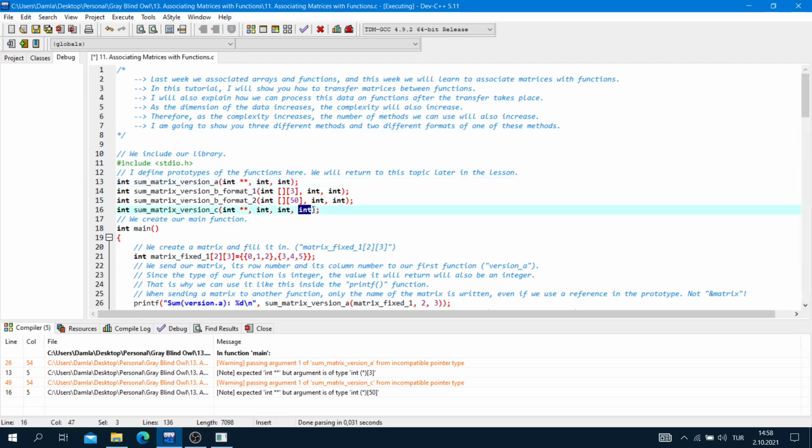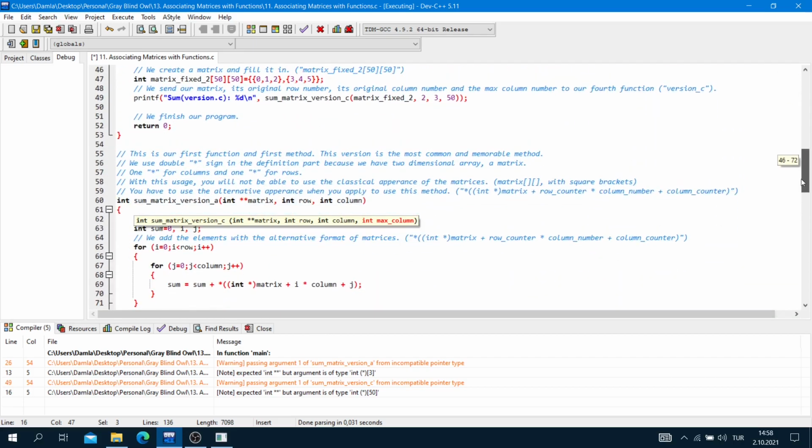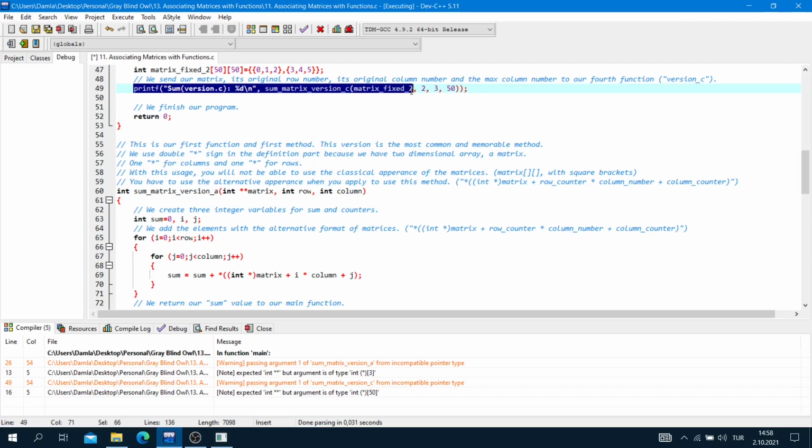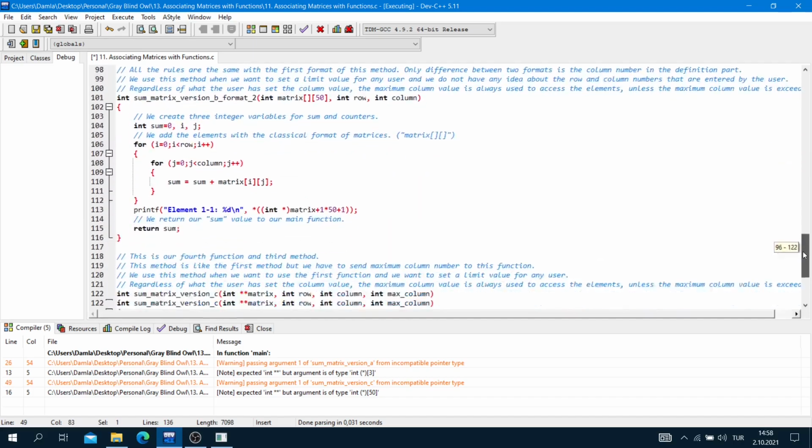So the first version and the second version are different in this way. We send our column number and max column number. So printf sum version C, percent D, sum matrix version C, matrix fixed, 2, 3, 50, our max column number and semicolon. Okay, we are here now.